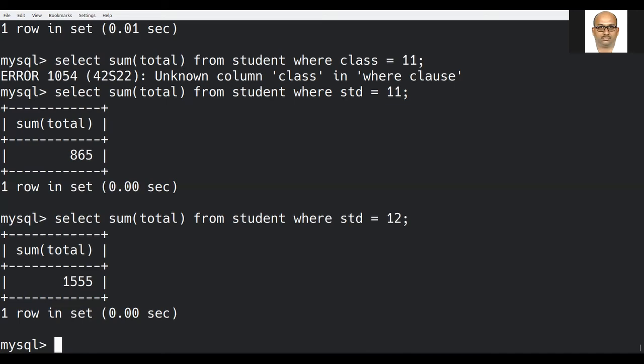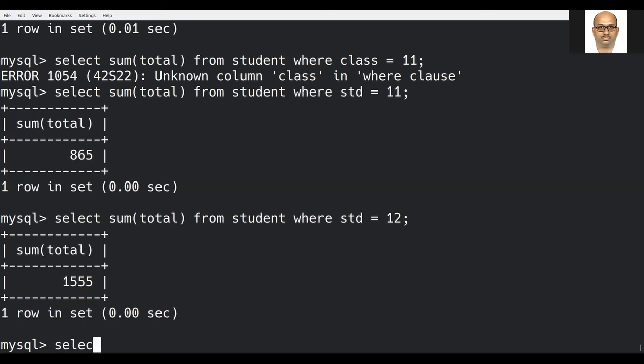Now let us move on to the important clause, namely group by. Whenever you see a word like each in a question, you will be trying to apply this, or else you leave it for the moment. Let me show an example.